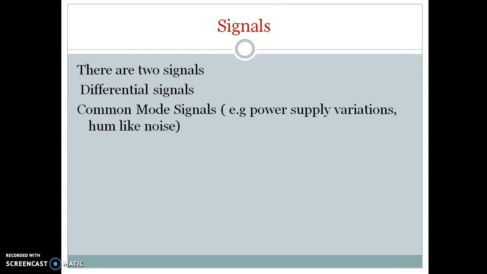If your V0 is not 0 in the case of a common mode signal, it could be because of some mismatch in your transistors. Or the common signal between the two terminals could be your power supply. The power supply is 50 hertz, which we rectify and then give. If there is any fluctuation in your power supply frequency, that could appear as a common mode signal, a noise signal, or your hum line noise, that is, 50 hertz noise.